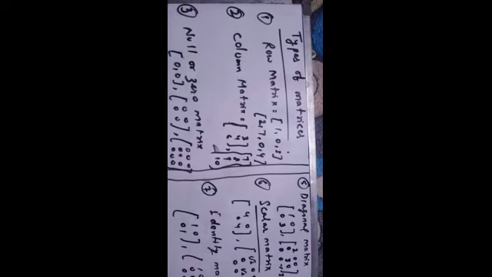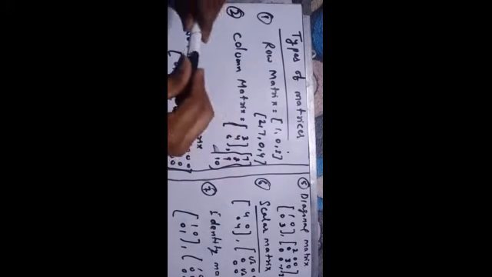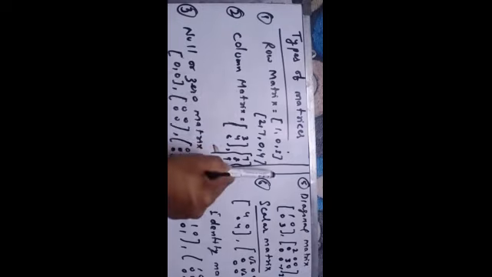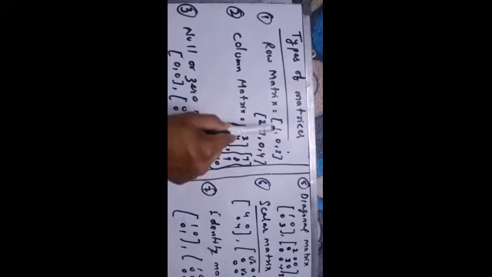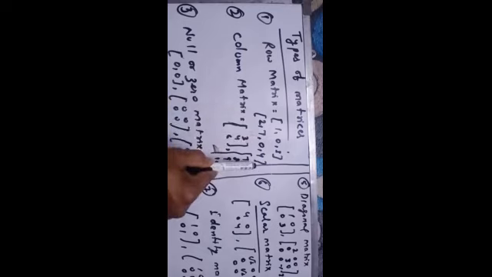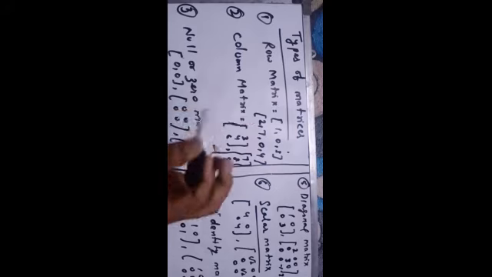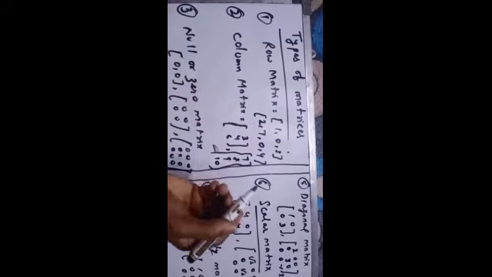The first matrix is row matrix. So as you can see from the name, it is row matrix. Row matrix means what? You will get the elements only in one single row, like 1 0 3. This is a single row, and we will get all the elements in a single row. Similarly, if you take second example, 2 7 0 4, all the elements are coming in a single row. So this is known as row matrix.